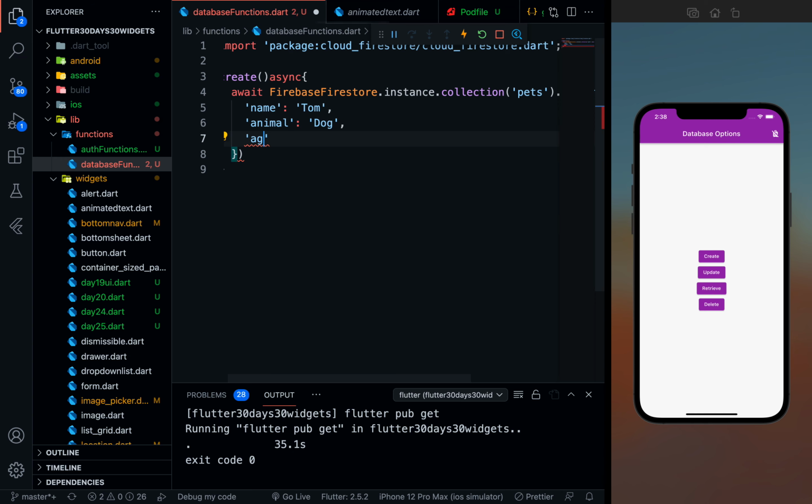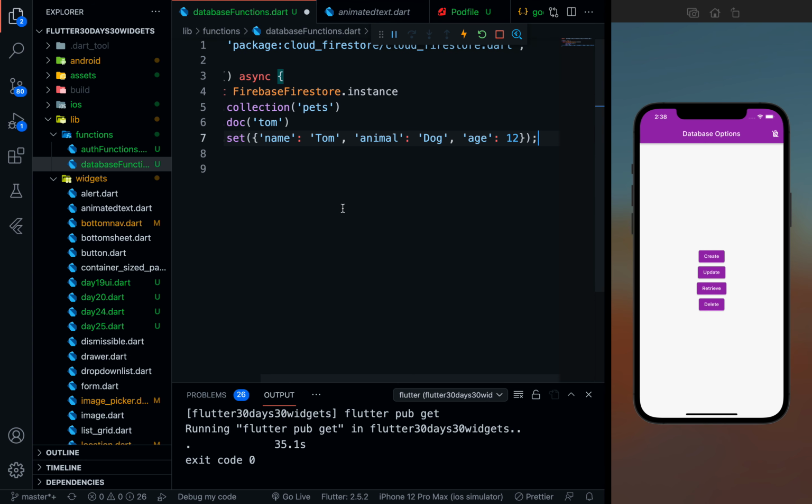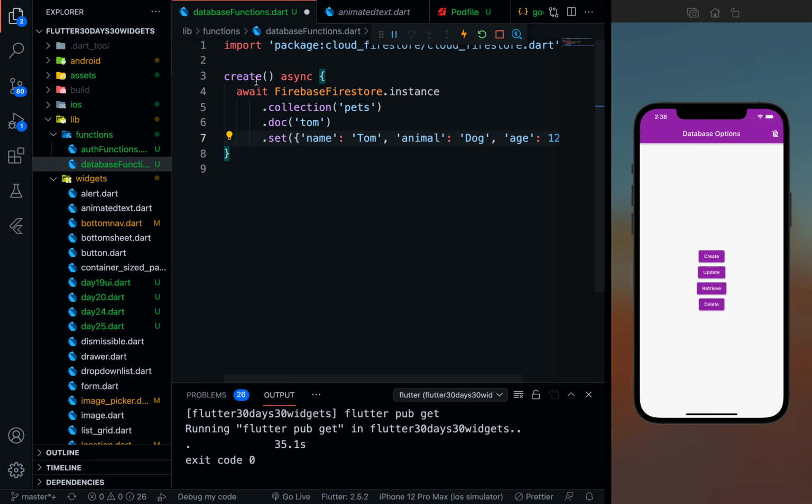And let's keep the age. The age is, let's say, 12, and age will be an integer, so let's keep it 12. Simple, not in strings. Let's put the semicolon. So what will happen is, as soon as I'll be calling this create function, and remember